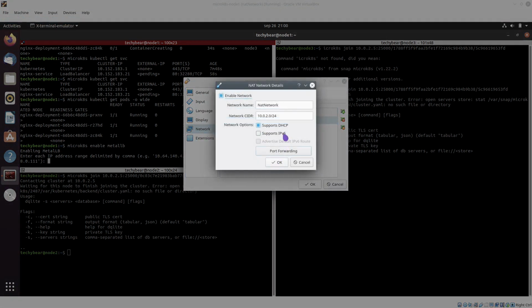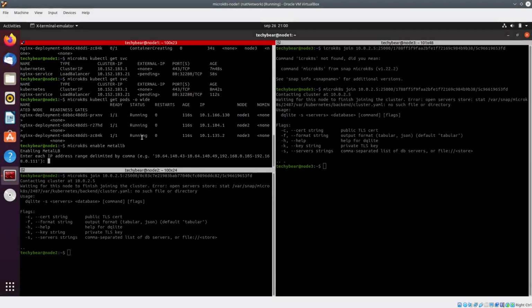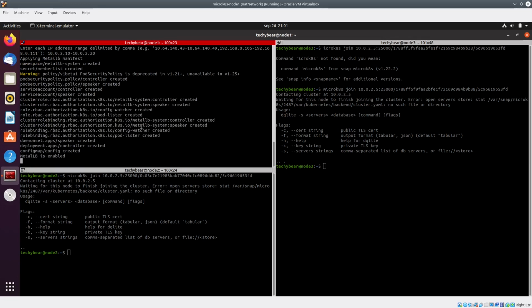This is the NAT network, and I have this CIDR range 10.0.2.0. I will select 10.0.2.10, from 10 to 20, so 10.0.2.20, and it has deployed MetalLB.